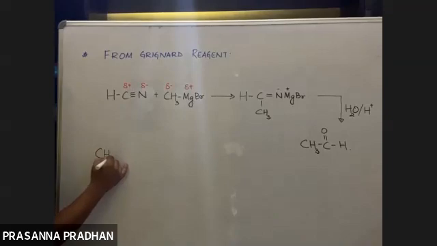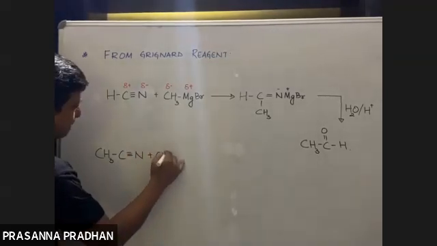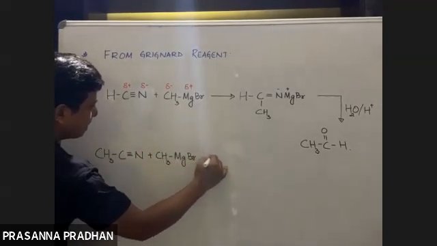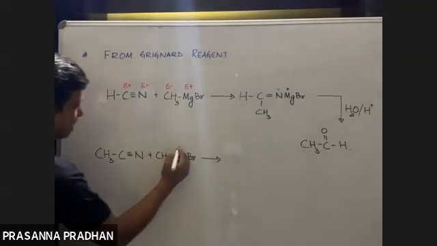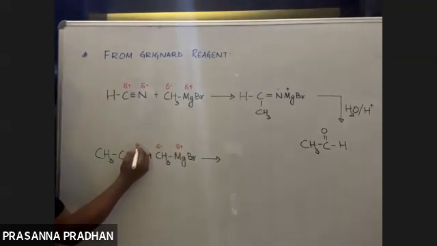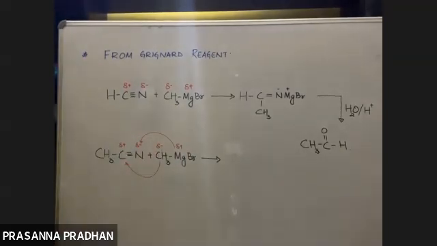Now instead of hydrogen cyanide, I have alkyl cyanides like this. Now I treat this with your appropriate Grignard reagent, CH3MgBr. Now I'll apply the same logic out here. Same logic obviously. This is the positive part. This is the negative part. Nitrogen is very much electronegative. This is the positive part. Negative will get added to positive, and where will the positive add? It will add to the negative.